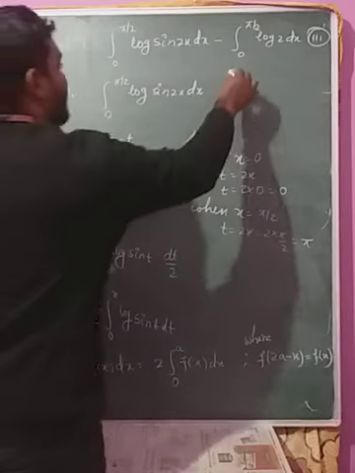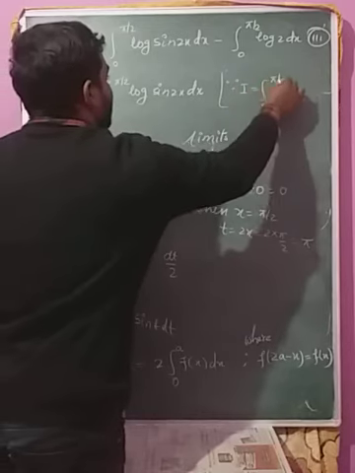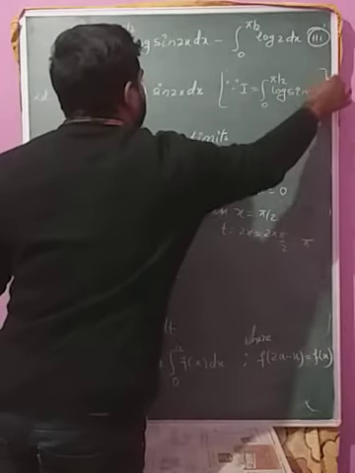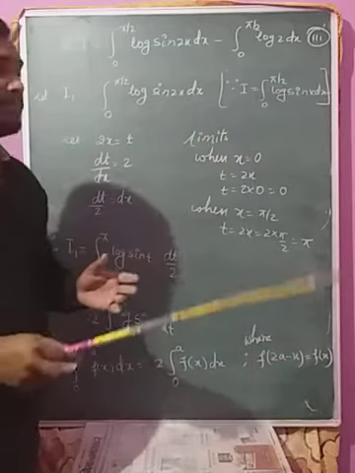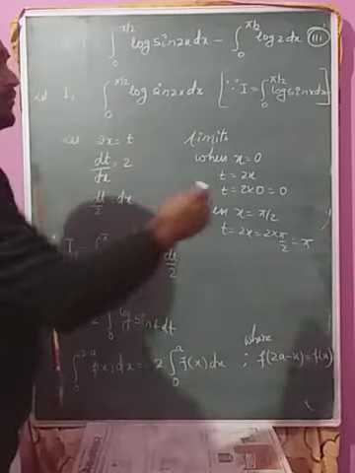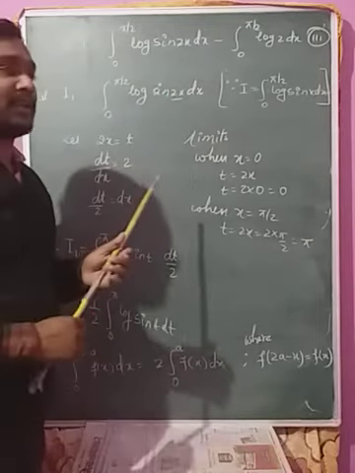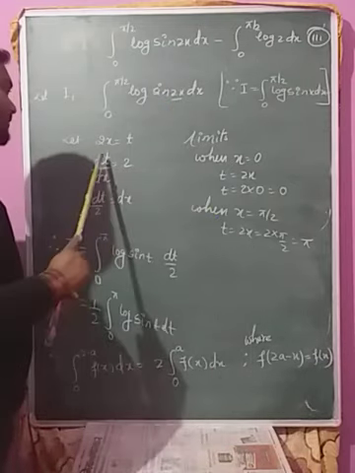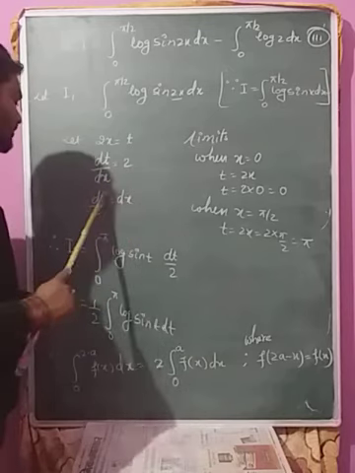सिंस जो क्वेश्चन है हमारे पास, ये जो I है वो 0 to pi by 2 log of sin of x dx. सो हमारा काम है ये जो I है वो 0 to pi by 2 log sin x dx, बट जो I1 है हमारे पास 0 to pi by 2 log sin 2x dx. इन दोनों क्वेश्चंस में एक चीज सिर्फ डिफरेंस है, वो इनका एंगल. सो इनके एंगल जो है वो 2x है, तो उसको पहले हम लिखते हैं 2x इक्वल टू t, देन dt by dx इक्वल टू 2. सो we find dx which is equal to dt by 2,